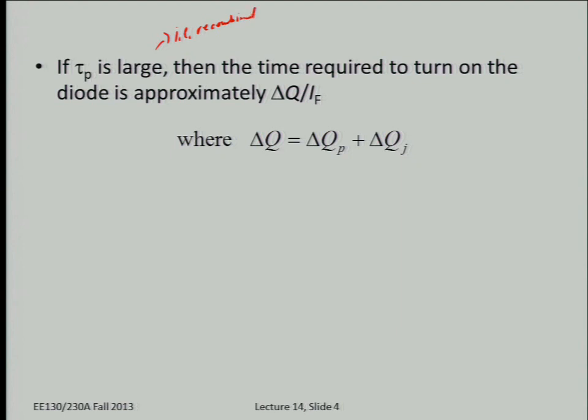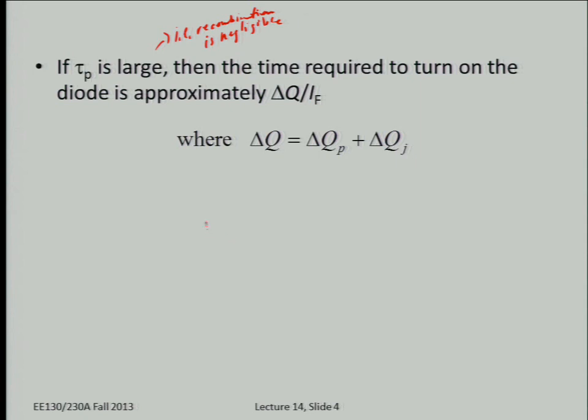In other words, as you inject minority carriers into the quasi-neutral region, it's not going to die out. Okay, well, the answer is here. So basically, when the diode is turned on, it has to have some excess minority charge stored in the quasi-neutral region. And you had to inject some,